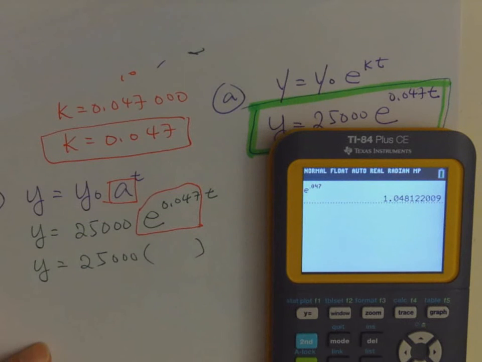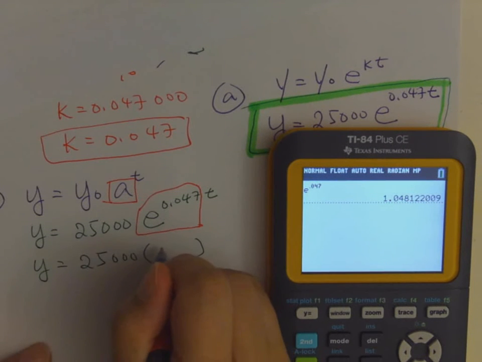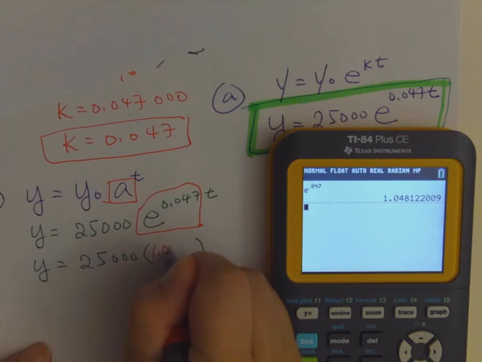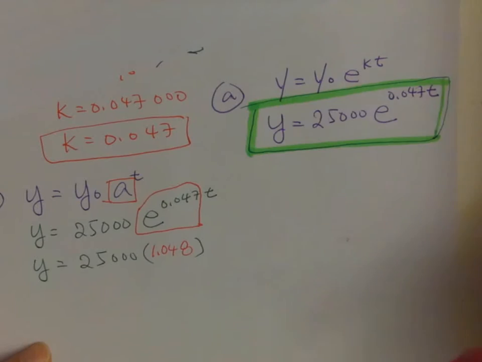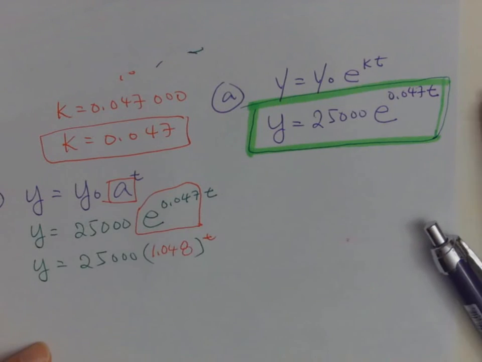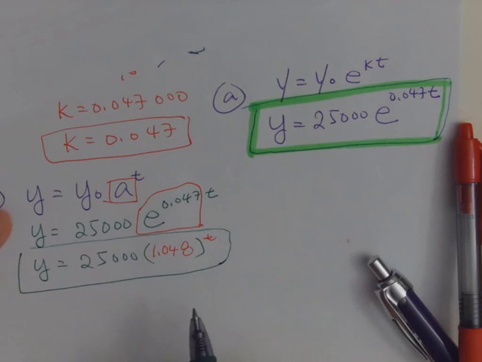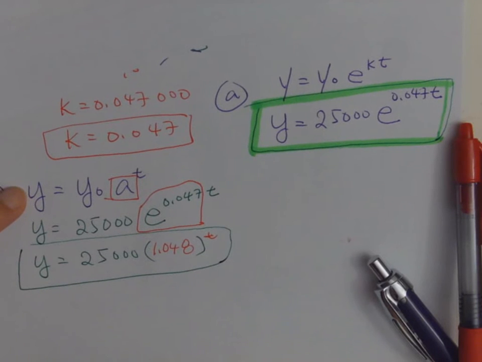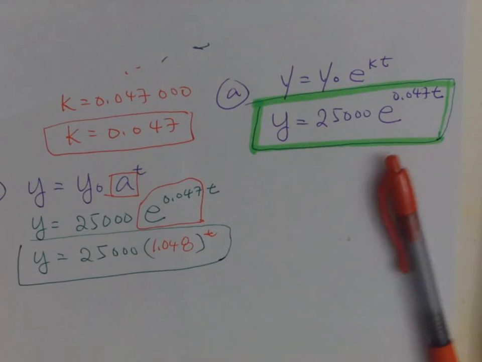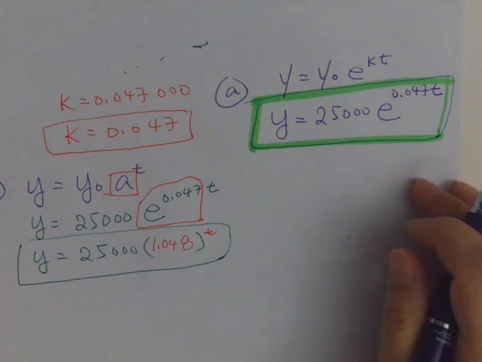So all I replace is e raised to 0.047 is 1.048 here, and then you will raise it to t. Alright, so this is the answer for B. They want you to write in the form of this guy. Alright, one more, C. So the C part say,